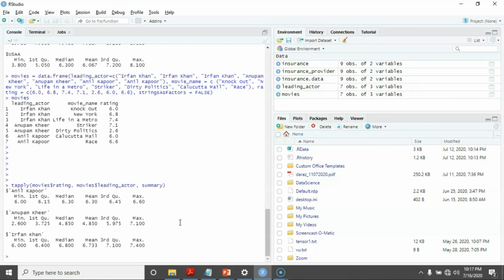But wait a minute. Let's now move towards the mean value. I told you earlier as well, if you just want to look into one value, just look at the mean value. If the mean is better, you can basically decide. But remember, if the deviation is large, the risk is more. Here you are not funding or spending any big amount of money. Of course, if you are watching, you will be spending some money, but a movie ticket or a movie CD is not very high in price. In the case of insurance, definitely it will be more risky.